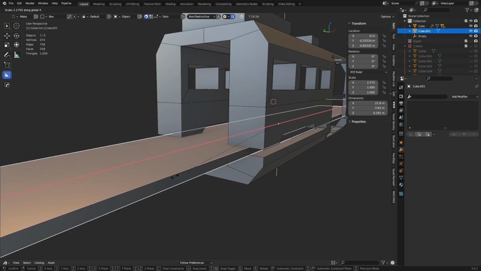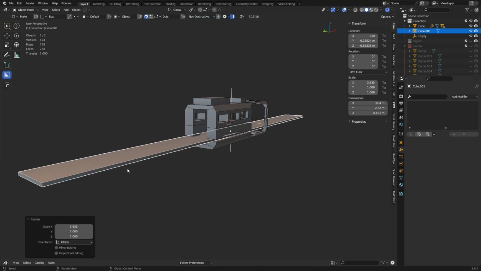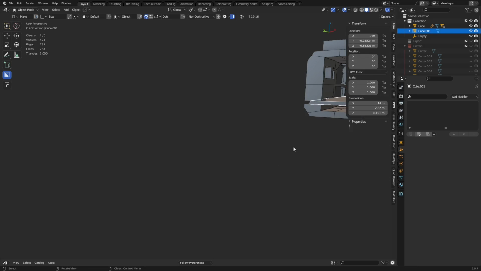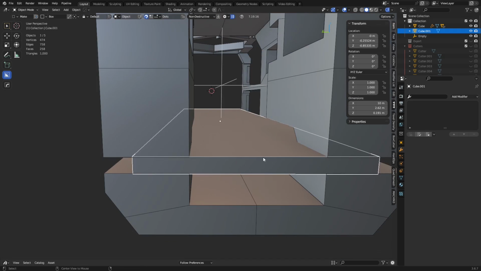Yeah, if you scale in edit mode, it doesn't mess that up. I gotta scale in object mode. Yeah, see, it doesn't bevel like normal. It bevels like that instead. That's that error when you have non-uniform scale, basically. It's not really an error, I guess, but